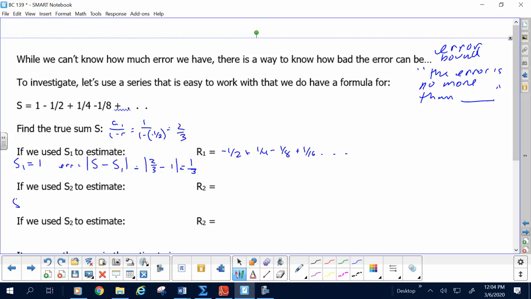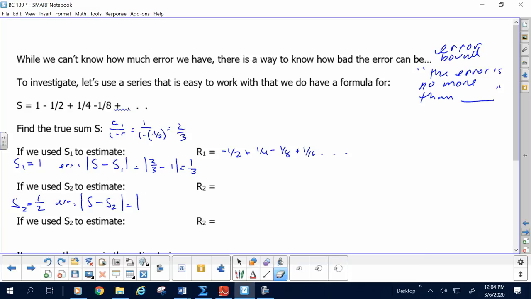S2, what is S2? 1/2. The error here, then, would be the difference between the true infinite sum and my two-term partial sum. And the error then is 2/3 take away 1/2. Now I'm using absolute value